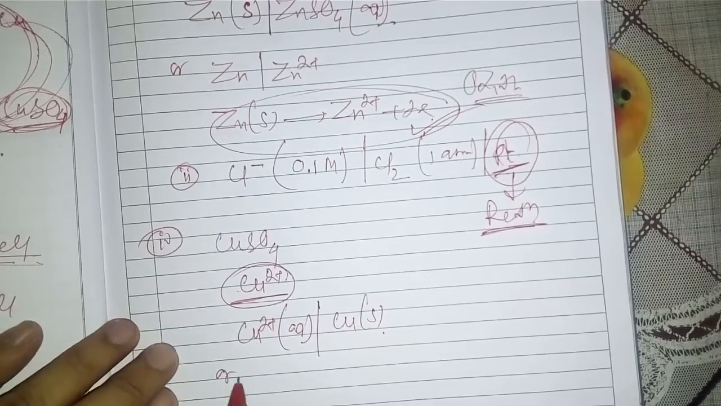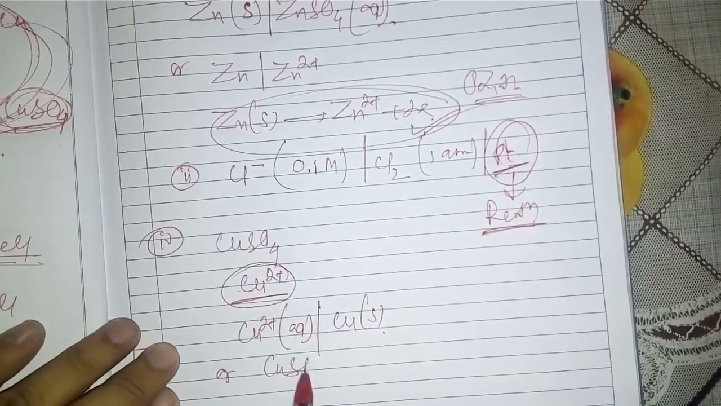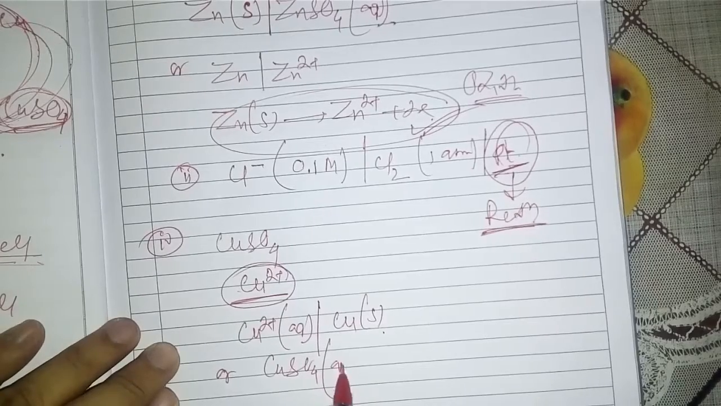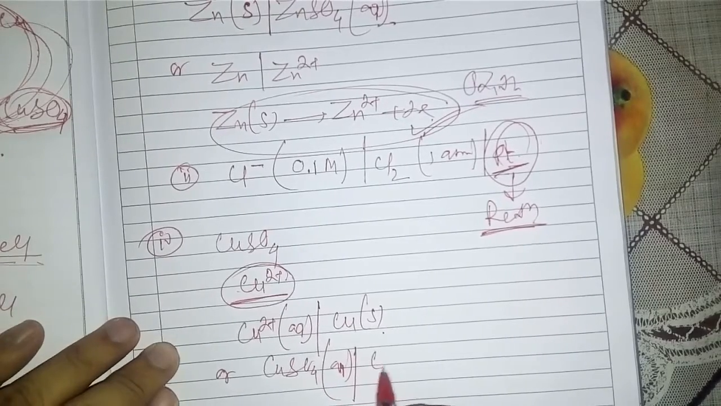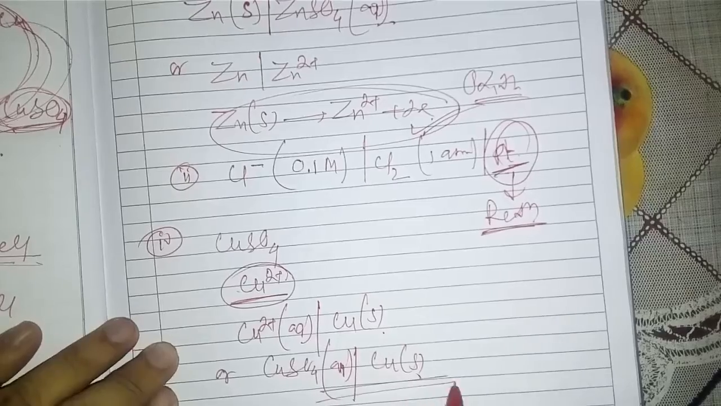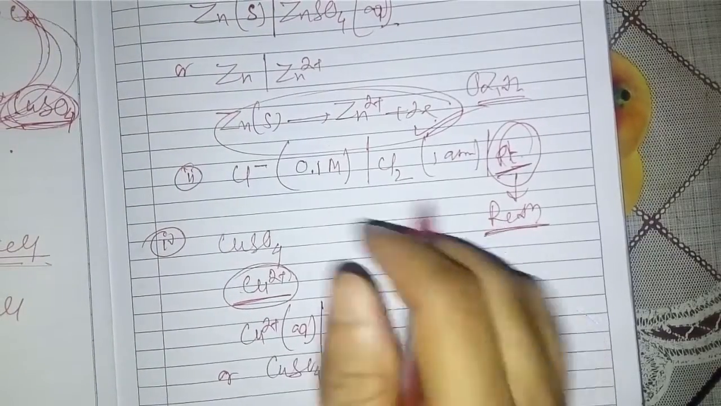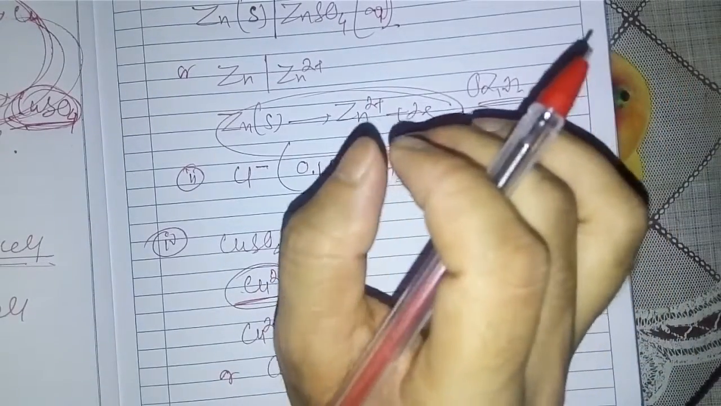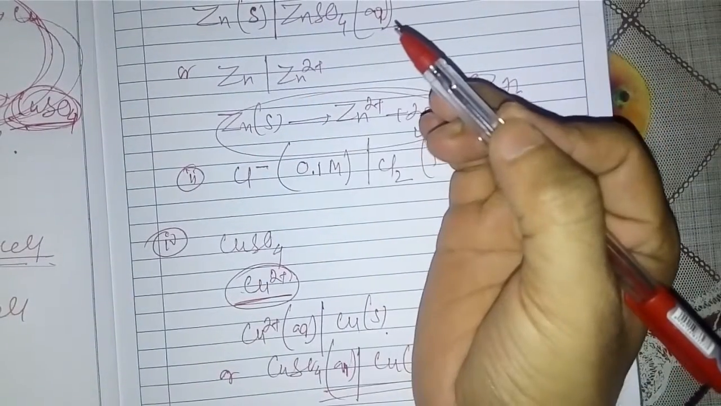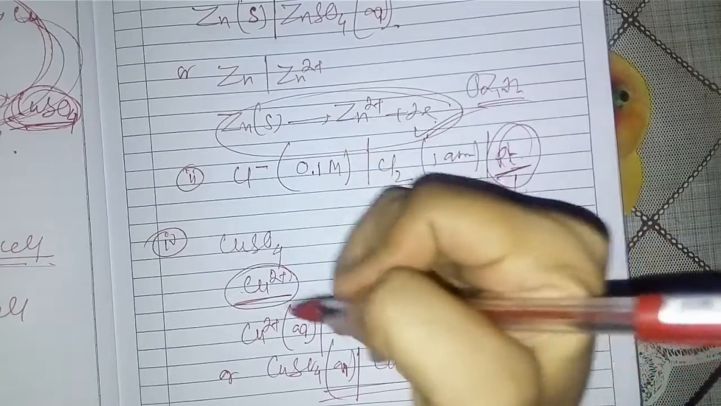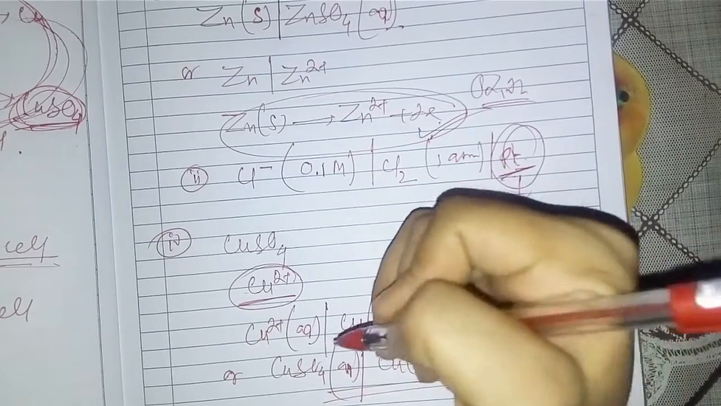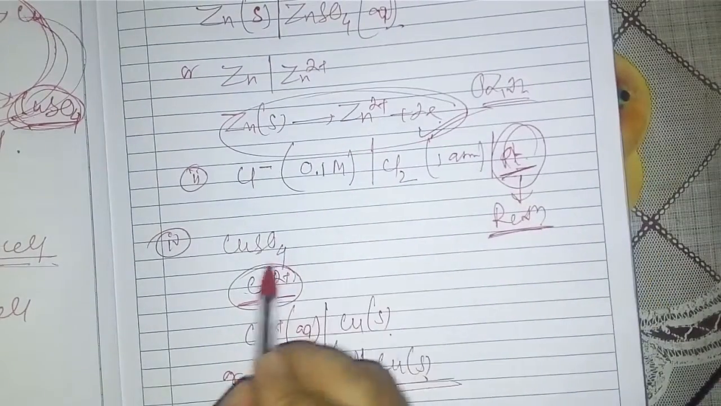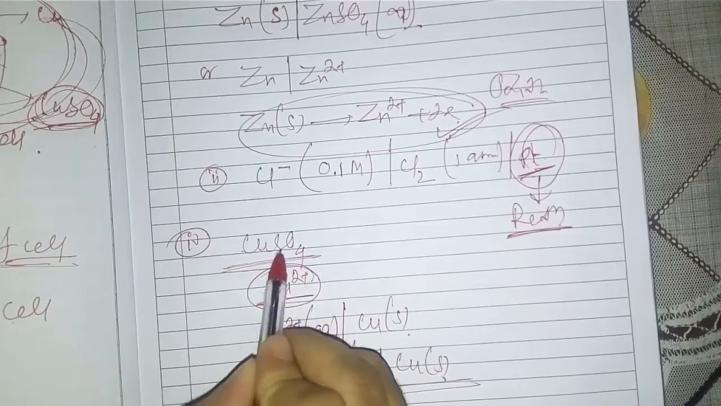Or you can write it like this also: CuSO4 in aqueous medium, phase boundary, Cu. This is point number 4. Listen carefully again: to express the reduction half cell or cathode, write the formula of the electrolyte, this is CuSO4,